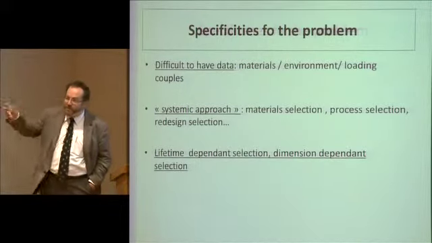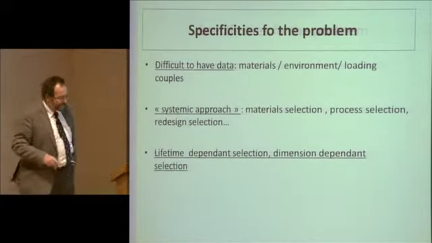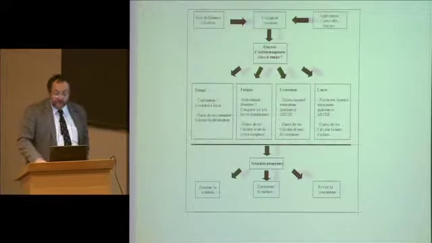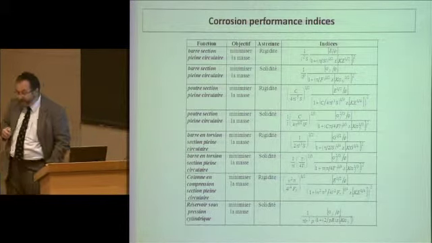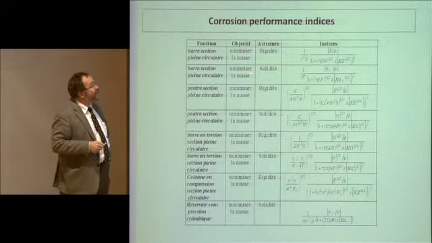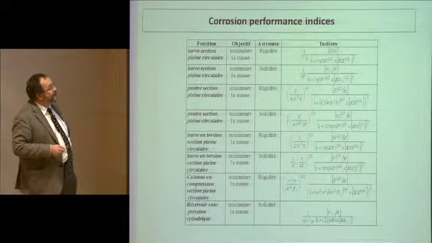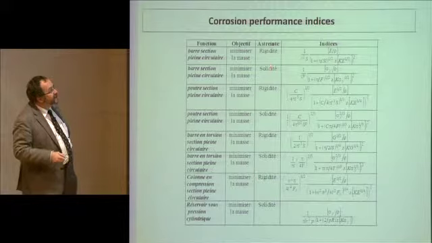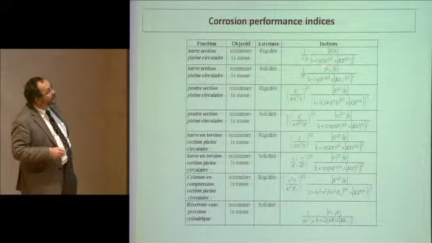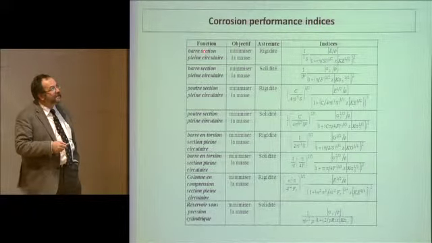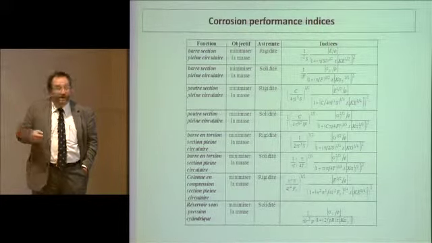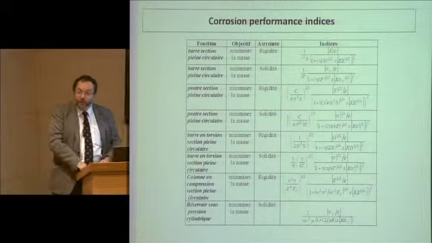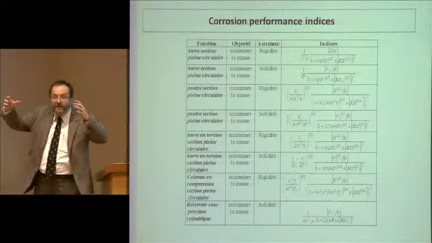If it's thin, you need to have something that withstands corrosion much more than if it's a good thick layer of ductile steel. I'm going to show you a couple of performance indices that have been calculated for problems of generalized corrosion with various types of constraints and the analysis. So you have here a rod where you want to minimize mass. I was saying it was modulus divided by density. But now, if you want to add to that generalized corrosion,